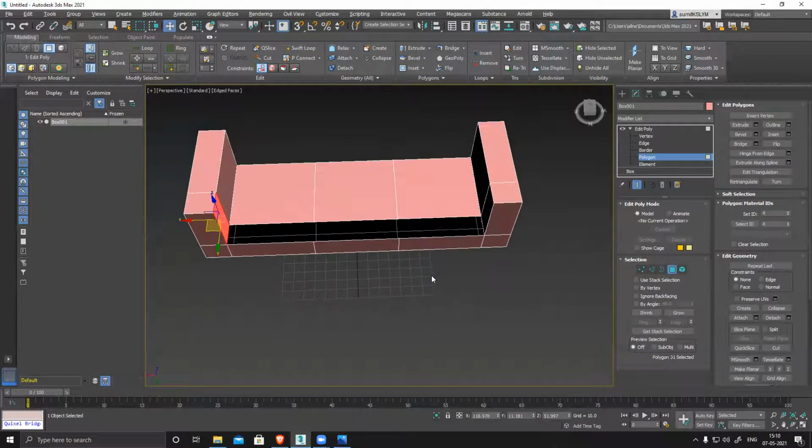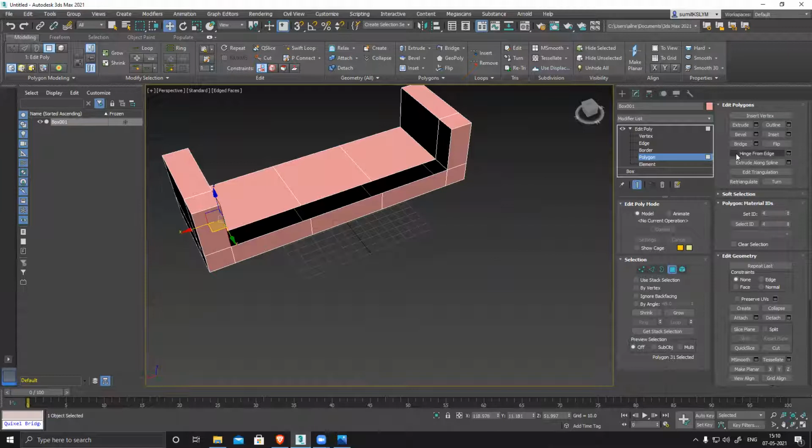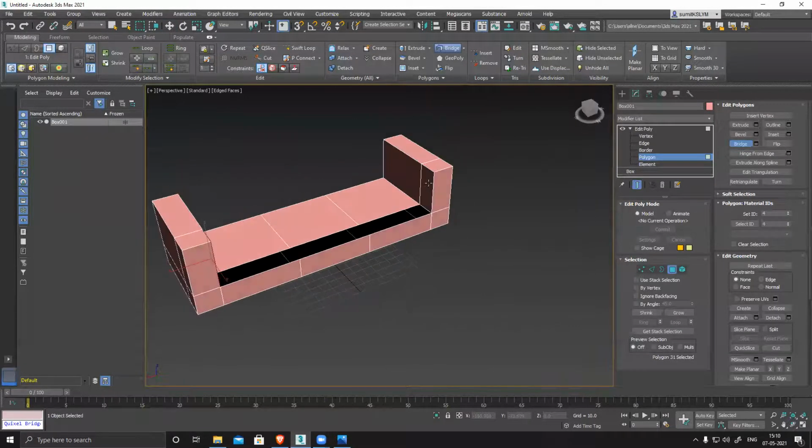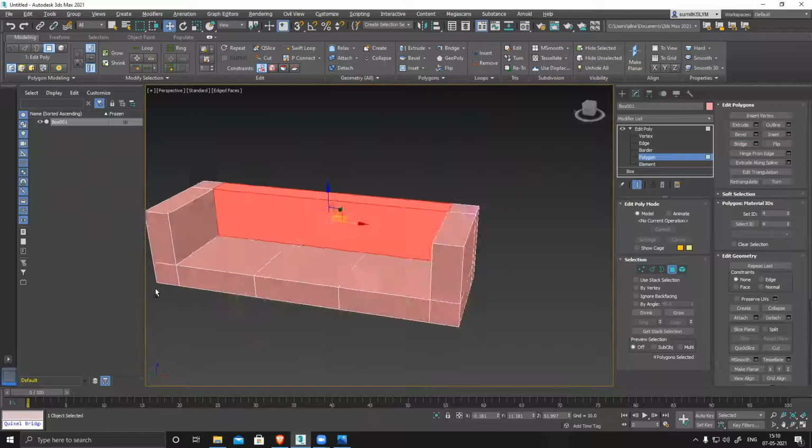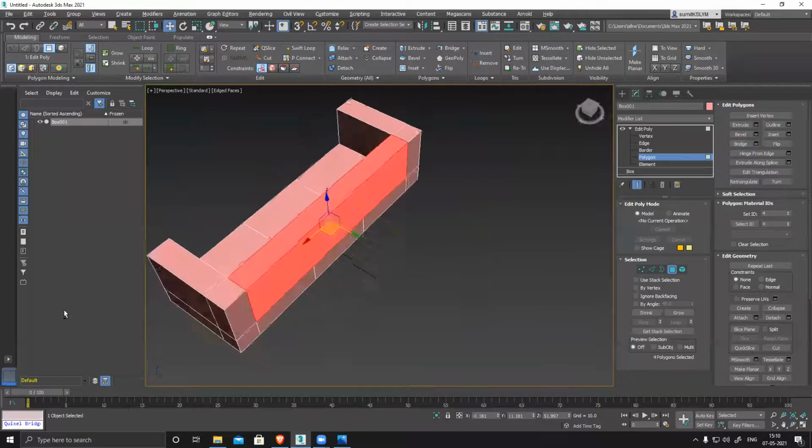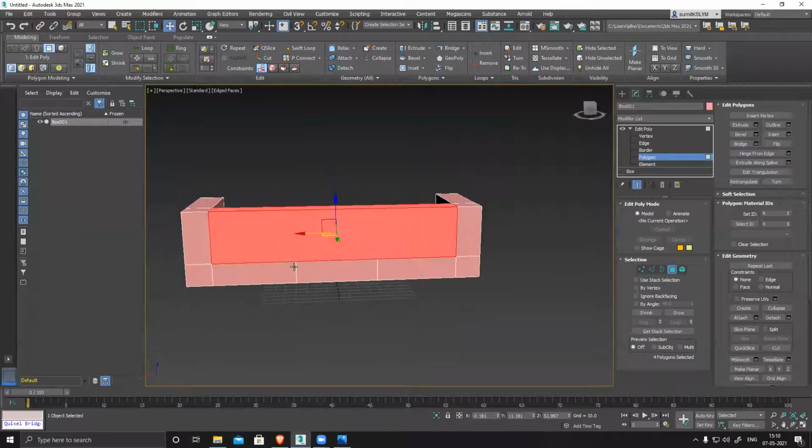And now what I can do is select these two and bridge. Select both of them and bridge it. So it's a polygon bridge. It worked perfectly, it bridged, but I don't have in between these loops.